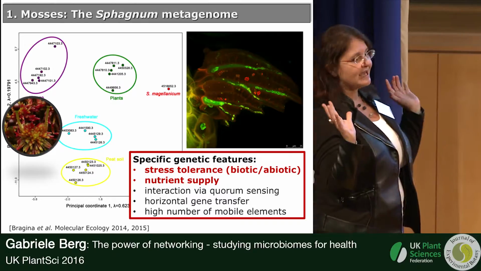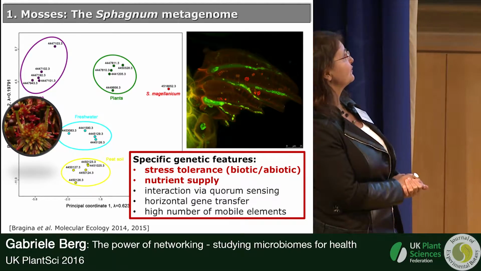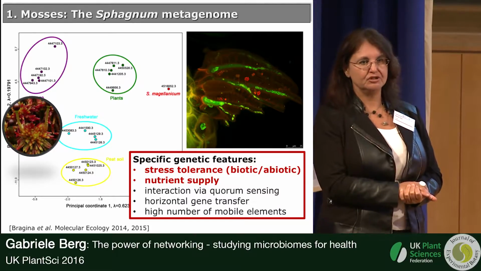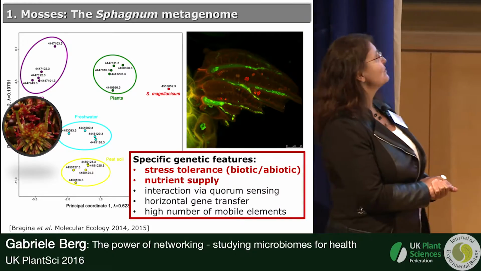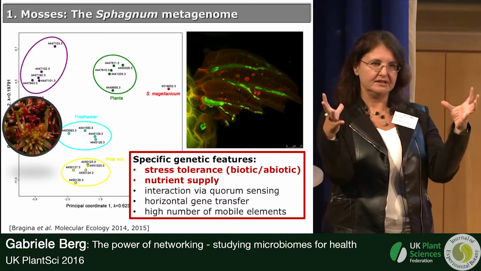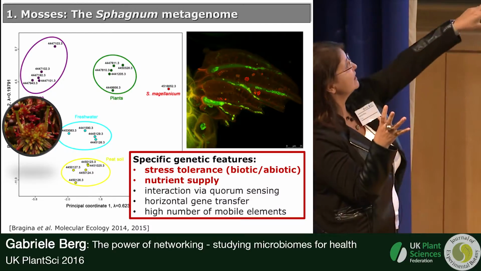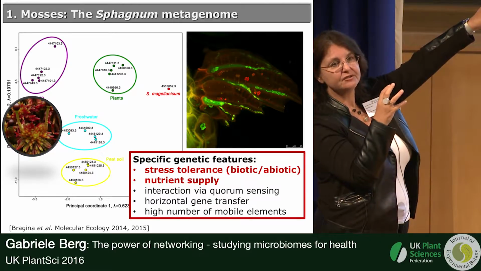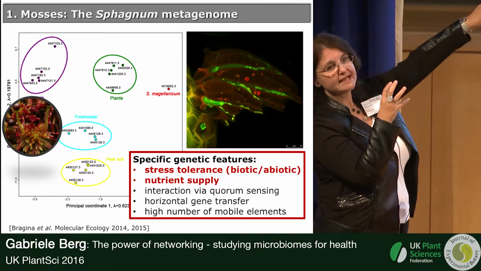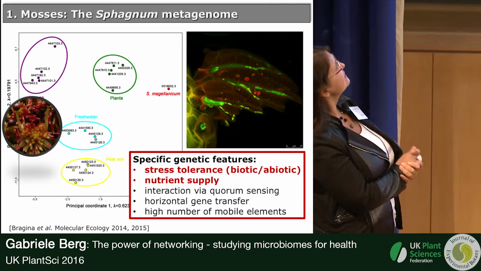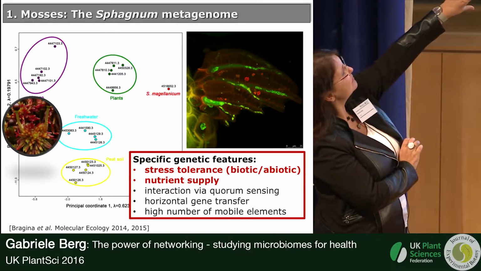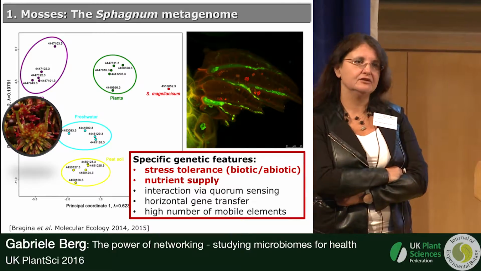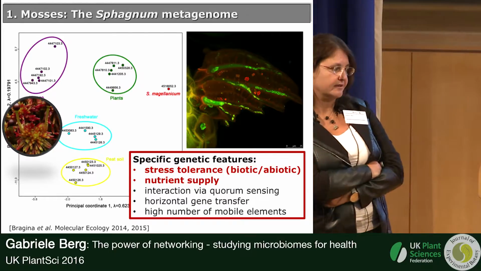So these are only some of what I think are the highlights of these projects, which we had for a long time. Several years before, we sequenced the first metagenome of a moss microbiome. At this time there were not so many metagenomes available. Here you sequence the whole genes of the microbial community, and you can see in this fish picture that there are a lot of endophytic bacteria inside of the moss. You can visualize them, and they have really a high number and amount. At the end, our metagenome was in between the plants and freshwater, which fits well. And then it's also possible to go into detail and to compare your metagenome with all the other metagenomes